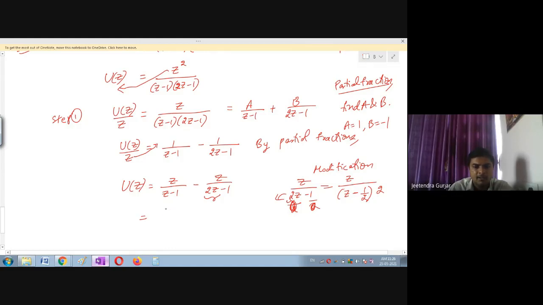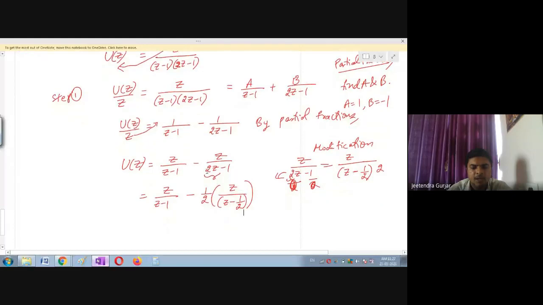Please note that. So now this equation will be written as z divided by z minus 1, minus, here 1 upon 2 is there, so I will take out 1 upon 2 so that the value I get will be in the simplest form. Then this is z divided by z minus 1 upon 2, students. Why have I done this? Because we don't have a formula for z minus 1, but we have it for z minus 1 upon 2, so I can simplify with the formula. Therefore I have done this modification.